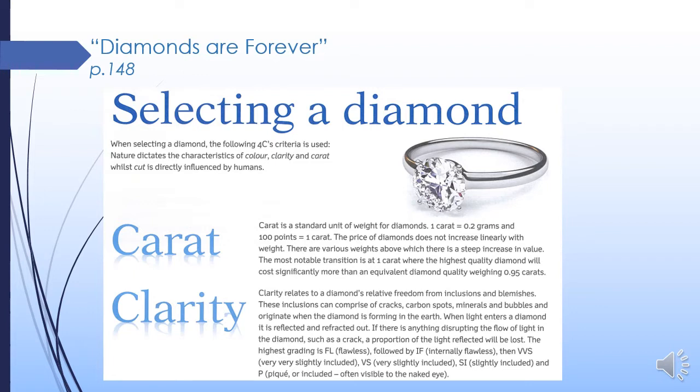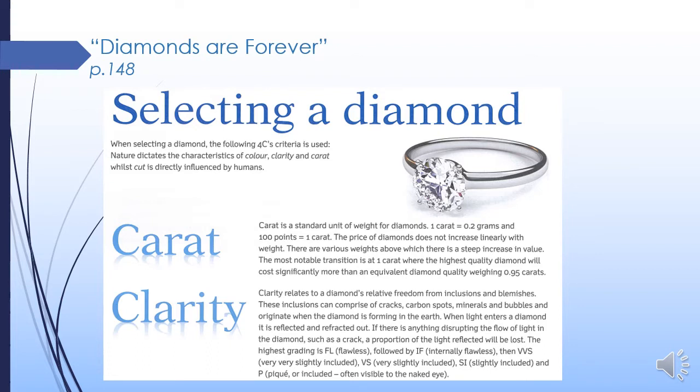Clarity relates to a diamond's relative freedom from inclusions and blemishes. These inclusions can comprise cracks, carbon spots, minerals, and bubbles, and originate when the diamond is forming in the earth. When light enters a diamond, it is reflected and refracted out. If there is anything disrupting the flow of light in the diamond, such as a crack, a proportion of light